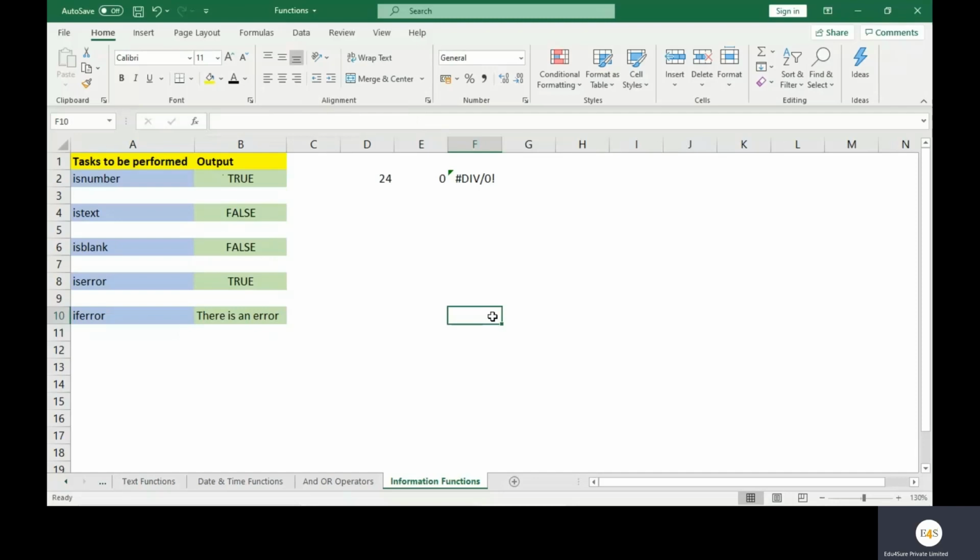So these are the information functions. When we talk about the use case, these functions are mostly used in advanced Excel, like in data validation, conditional formatting. So we will move ahead with those modules, data validation, conditional formatting, and other stuff. Then you will get to know their use case. But yes, at this point of time, understand and remember the names of the functions, their arguments and their usage. That is sufficient as of now.